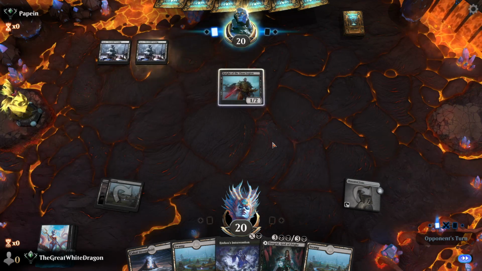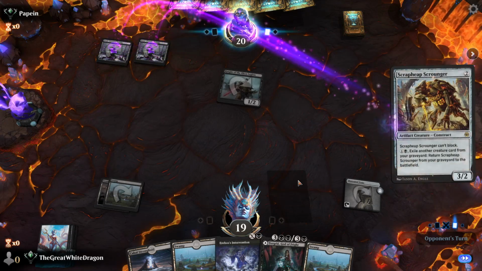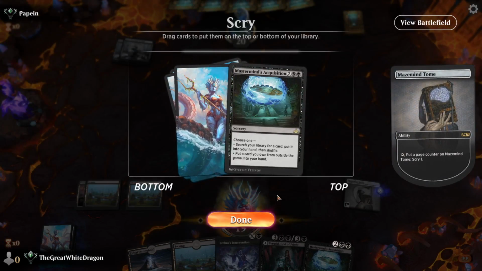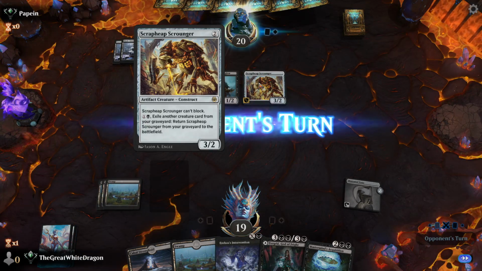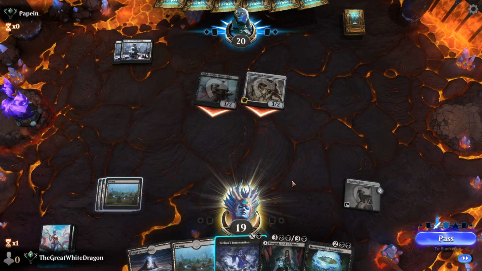Imagine if he went first. That would have actually been a problem. But since he's not going first, well, now I have Erebos' invitation and everything here. Oof, that's really annoying. Let's scry again. Mastermind's acquisition. No, I'm probably not gonna do that. Interesting. This is gonna be problematic because he's just gonna make a lot of saucy things and it's gonna be